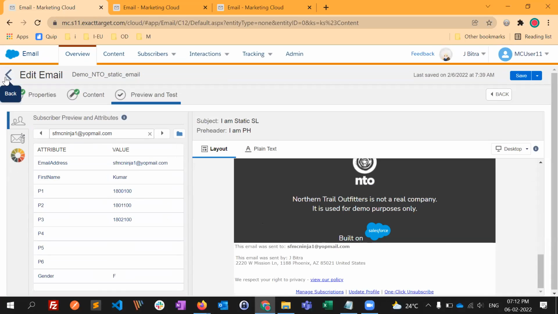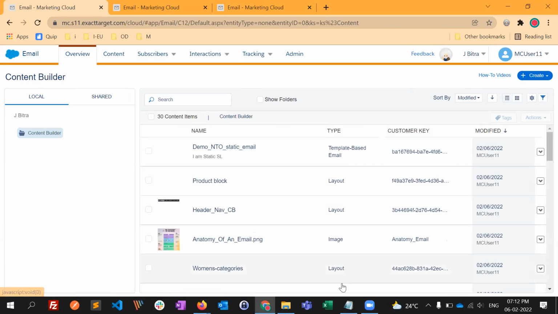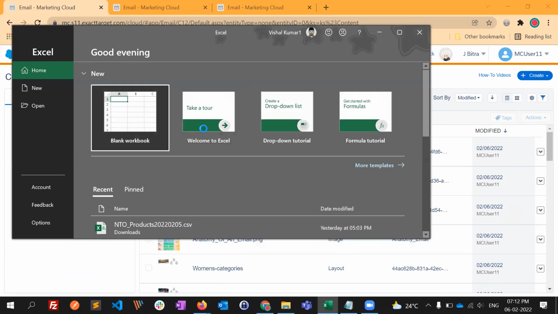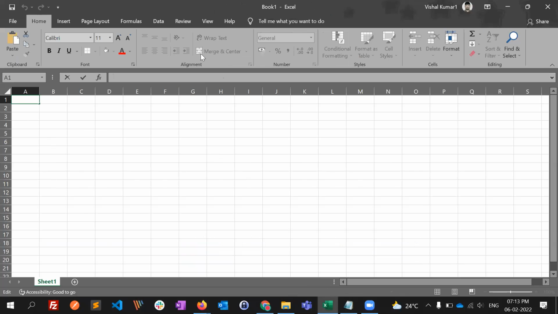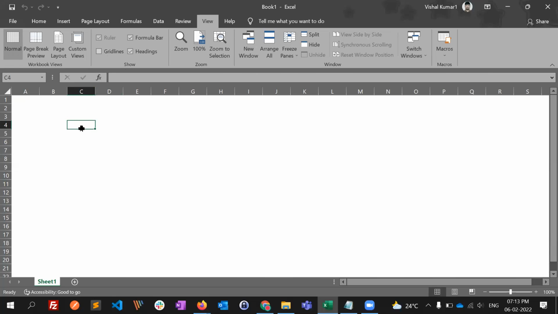Now I have completed this. Before we go to the dynamic part, I will complete the sender profile and delivery profile also. So let me see the example here. Okay, first, before we see it in the platform, I will just explain the concept of send classification, sender profile, and